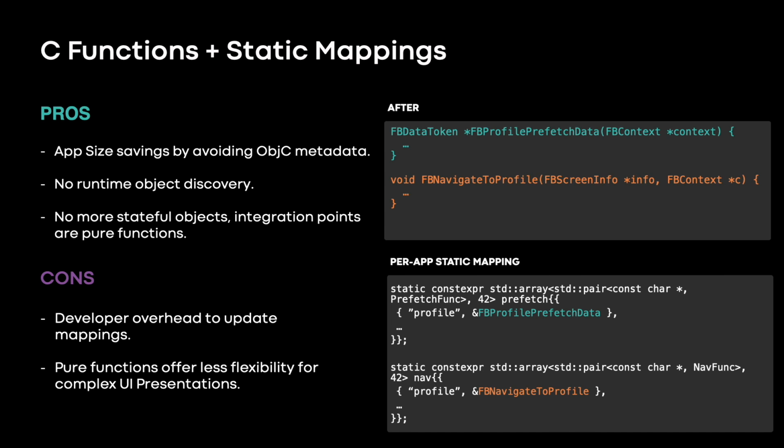No runtime object discovery. That was really big for us because at the time, conforms to protocol was showing up in traces as being slow. It was one of the many reasons, not the only reason, one of the many reasons startup time was so slow. And finally, having the stateful objects done away with and having synchronous contracts, pure functions, made it a lot easier for us to reason about what was going on inside of certain functions